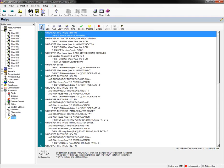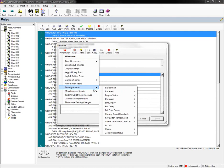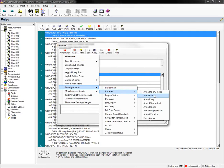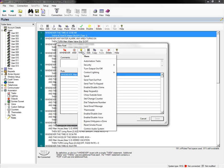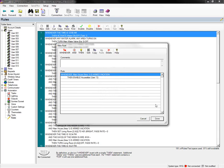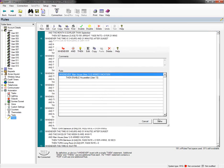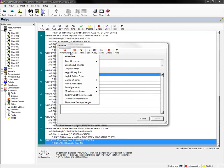Now that I have that user set up, I can come to my rules section, go to whenever, choose security/alarms, and say when the system is armed in vacation mode, then I want to enable that user. So I only want my house sitter code to work when I'm in vacation mode. So I'm going to find that particular user and enable that user. And so now when